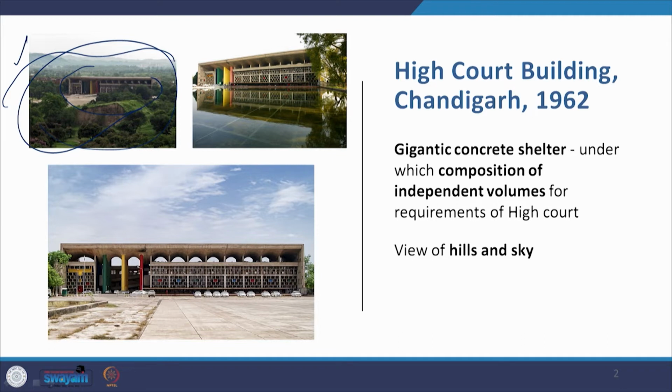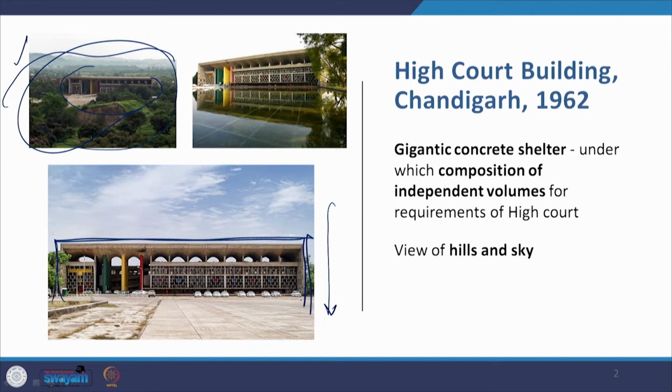But when you come down at the plaza level, the building reveals its monumentality. It is monumental. It is encased in this vast frame, the High Court or the Palace of Justice building, and all the various components or the independent volumes of the High Court building, the entire composition is completely put together within the frame. So even if there are different elements to the composition, they are all coalesced together as one unit under this vast frame of the Court of Justice.